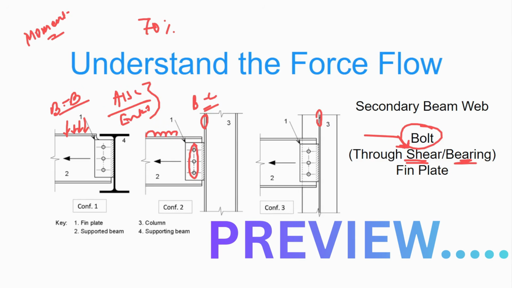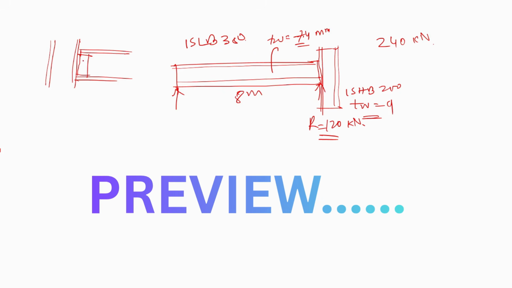So once you have transferred this reaction from the bolt to the fin plate or the angle, then definitely it will come to the weld. Here you can see we have provided weld. But at the end of this video, where I will solve a shear connection design, on both sides of the beam, say these are the bolts, and here also we have to provide. So in the plan view, if we look, this is the